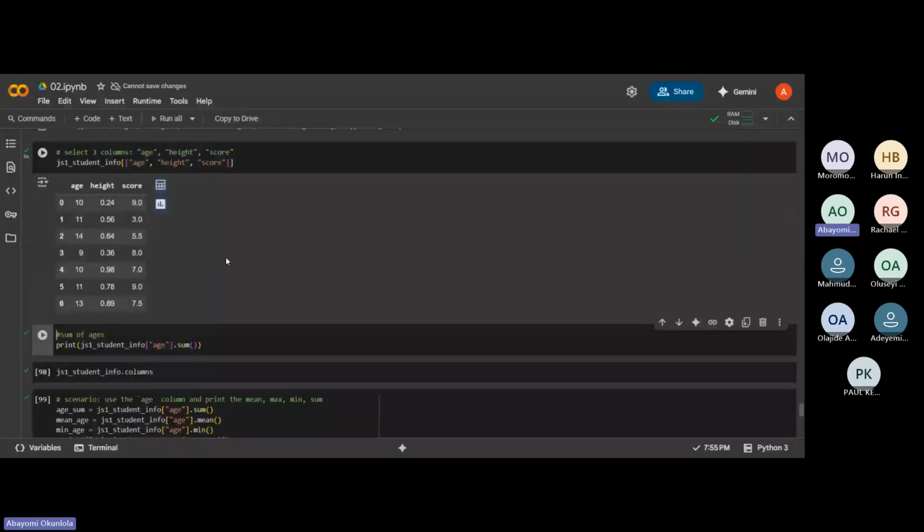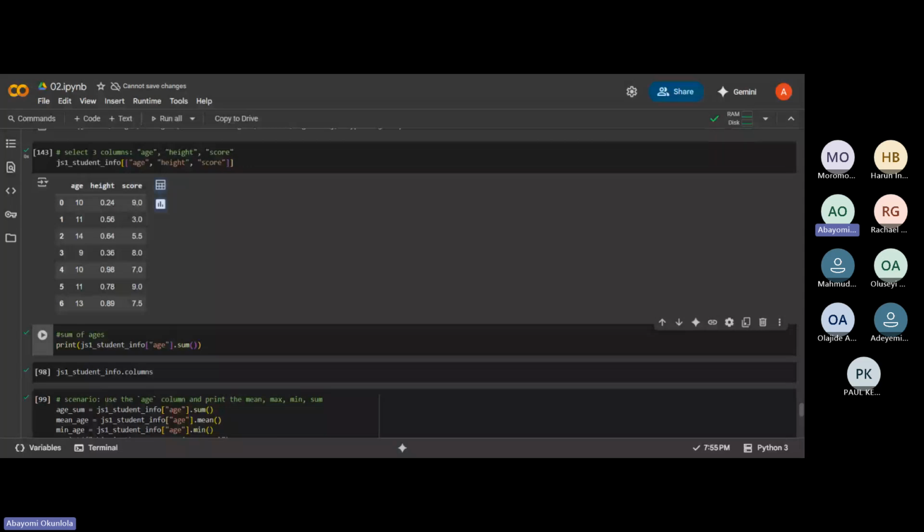Now with Pandas, you can also perform some arithmetic operations, which include sum, mean, minimum, maximum, and so on. Let's take a look at calculating the sum of all the ages here. You append a method to it.